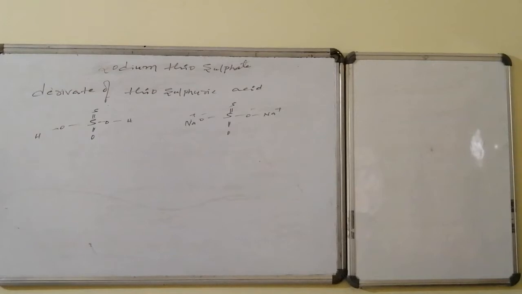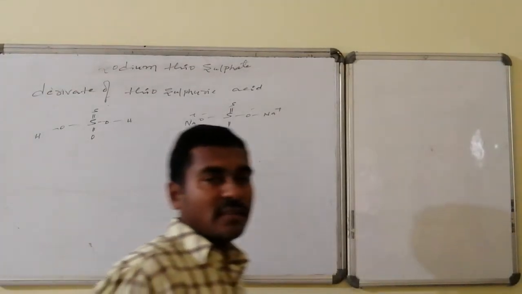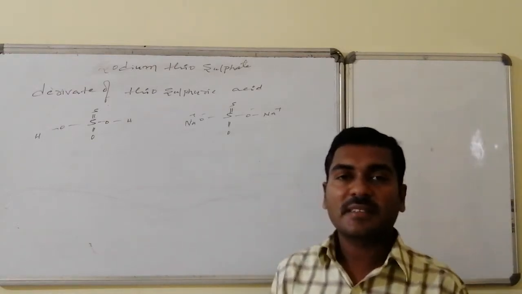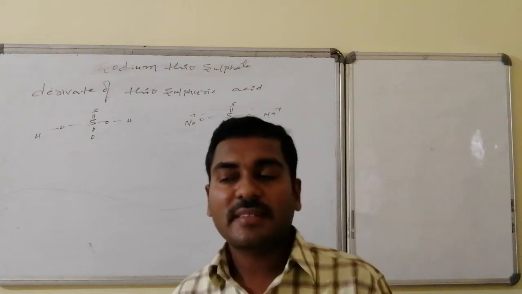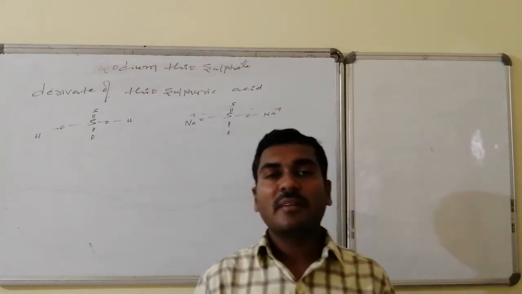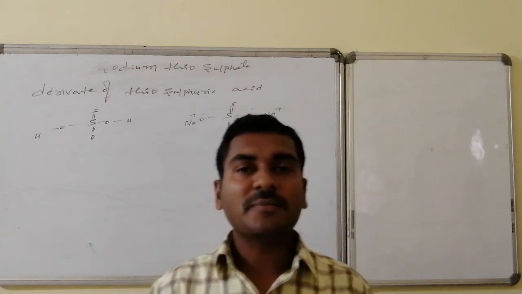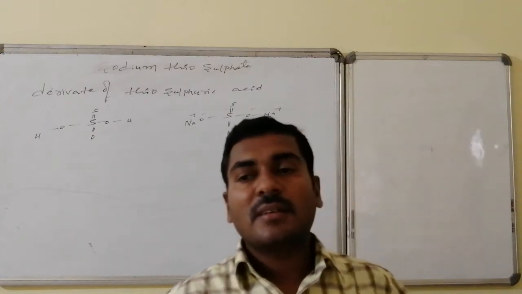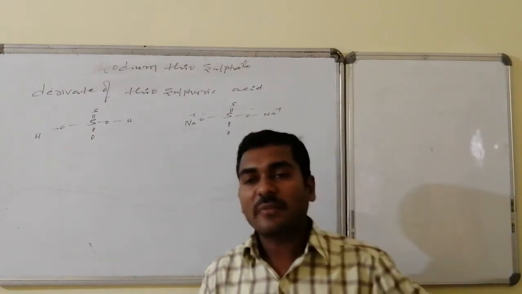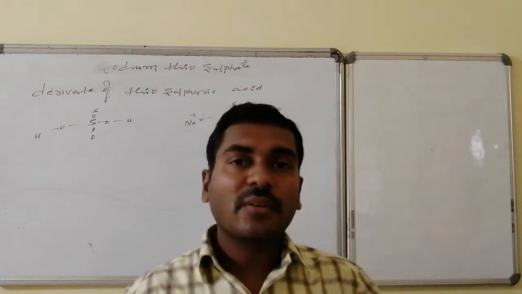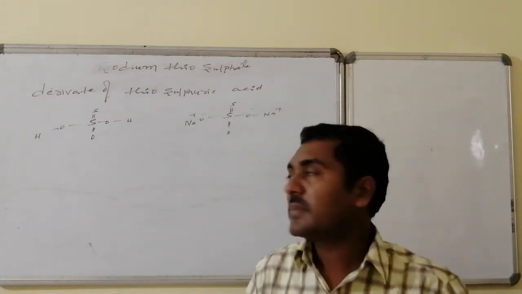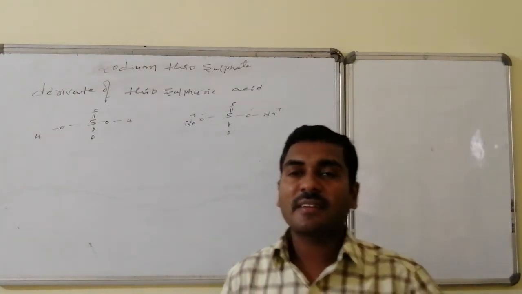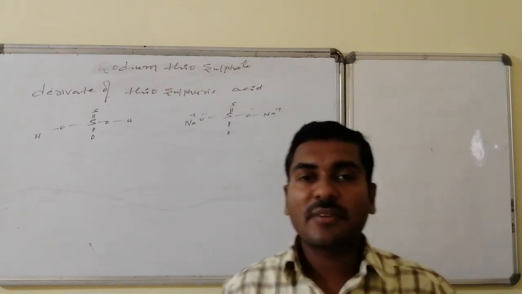The next important compound of the oxygen family, with its corresponding salts, is thiosulfuric acid, whereas sodium thiosulfate is Na2S2O3. Thiosulfuric acid does not exist, it is not stable, but the salts of thiosulfuric acid are stable. Thiosulfuric acid is H2S2O3. This is a thio derivative of sulfuric acid: if one of the oxygens of sulfuric acid is replaced by a sulfur atom, then the newly formed compound is said to be thiosulfuric acid. But it is unstable, it does not exist, whereas salts of this particular thiosulfuric acid are known.